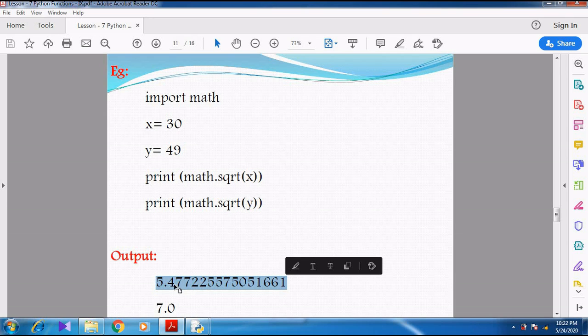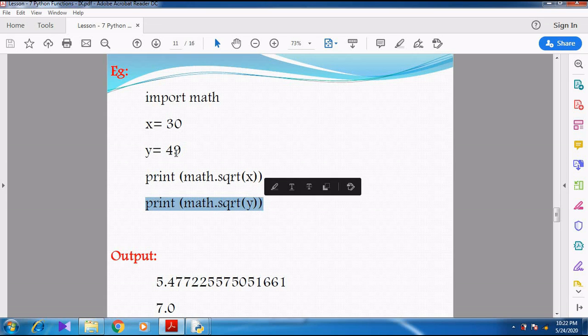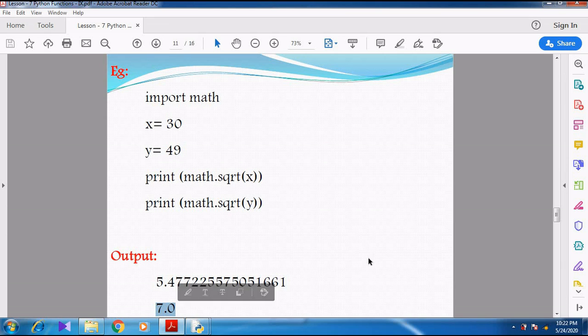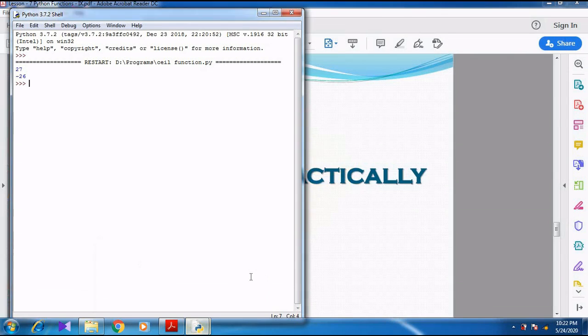So it is showing in a floating point manner, that is fixed point notation. It contains a whole number and a decimal point, right? But when I take y equal to 49, print math.sqrt of y, the square root of 49 is 7. So it is displayed as 7.0.